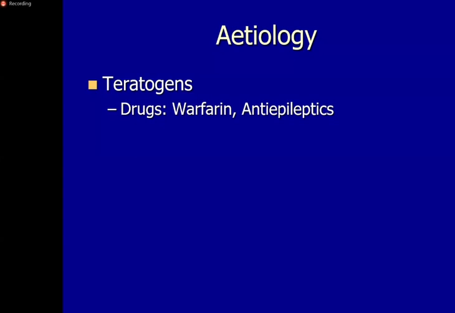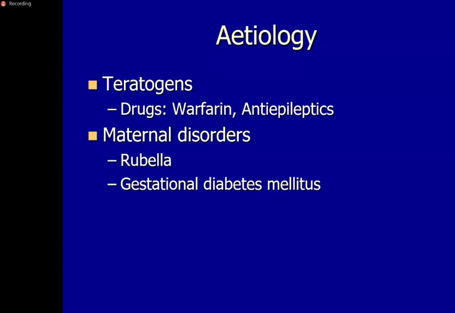Now there are these teratogens, which are various extraneous material. The teratogens can be chemicals, medicines, or even infections. So the main teratogens: warfarin, anti-epileptic drugs, if the mother had been taking them, then other conditions like rubella in the